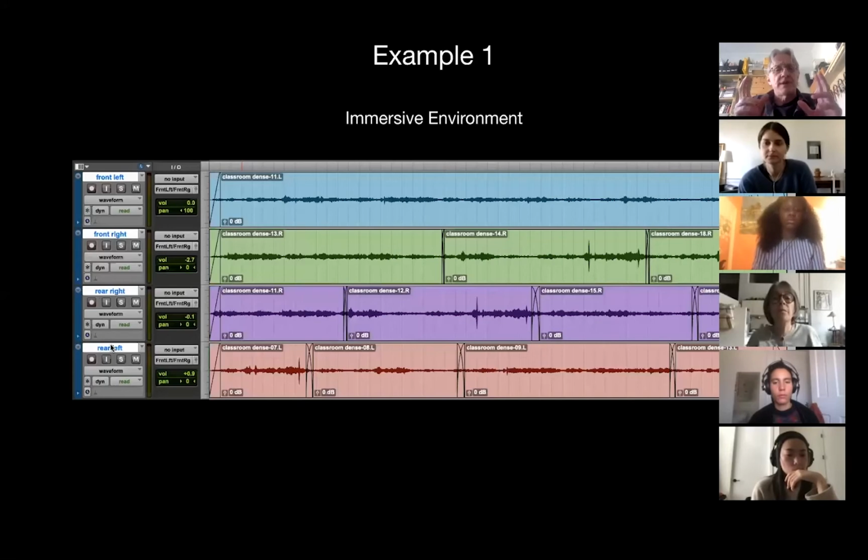So channel 2, 3, and 4 are the same audio as in channel 1. It's just like cut up in different ways. And if you just like want to listen to it,